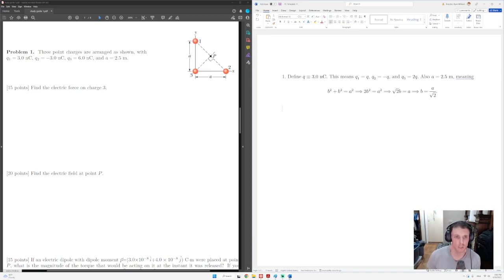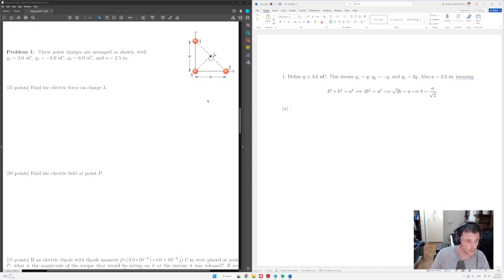And that's going to make our work much easier to read and easier to simplify, right? This is the kind of thing that your TA or your instructor, whoever's grading your work, is going to want to see. I promise you that. So now let's actually start doing some calculations here. I'm just going to call the first part A. We have to find the electric